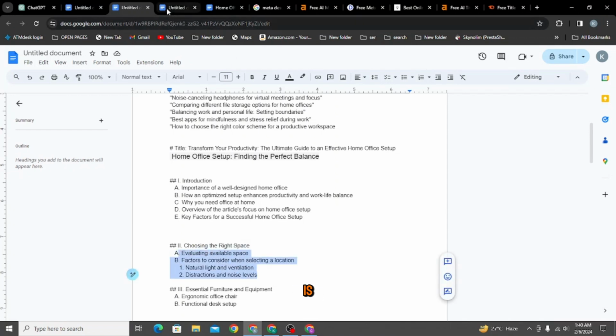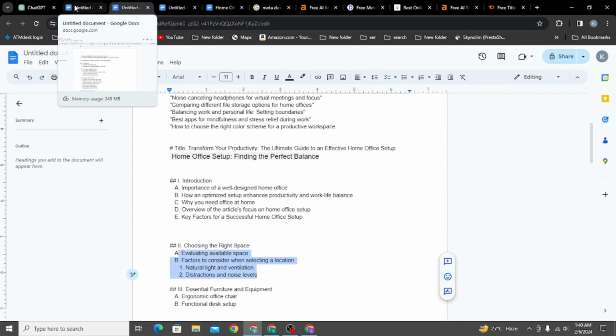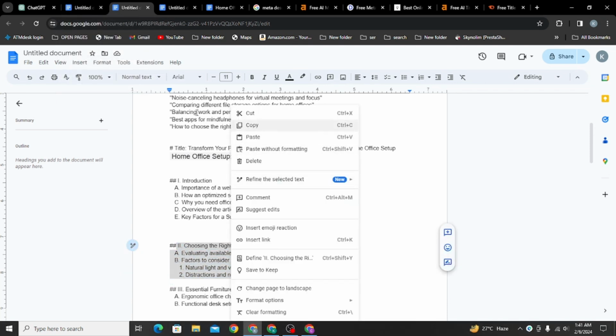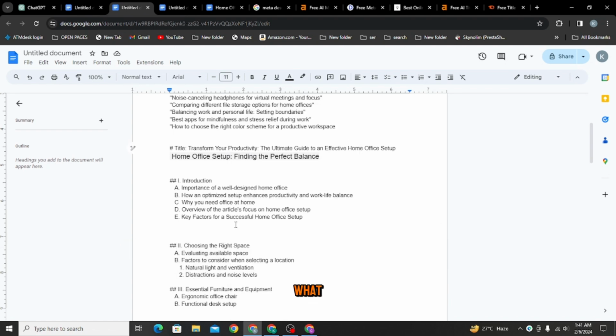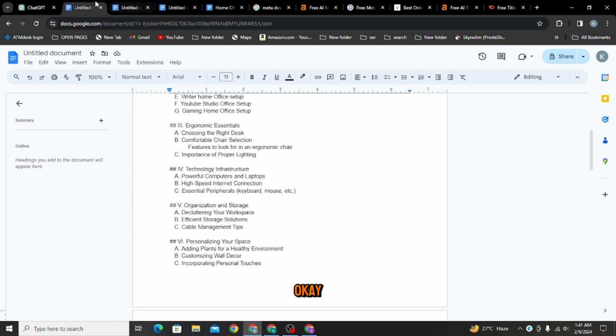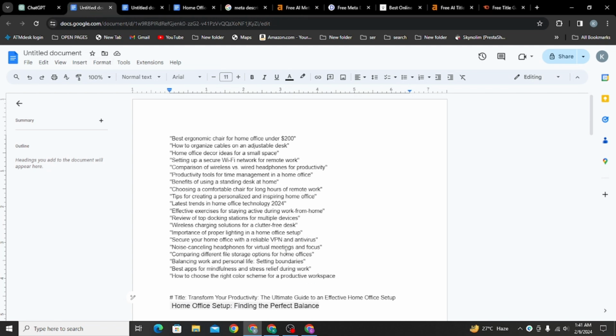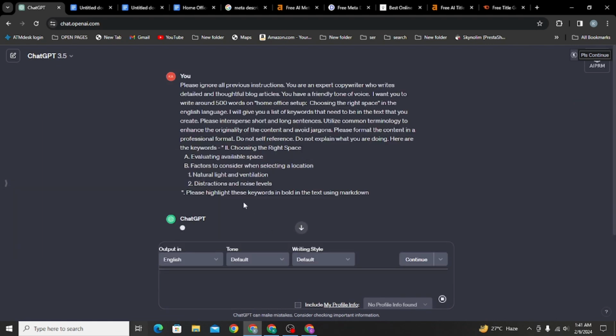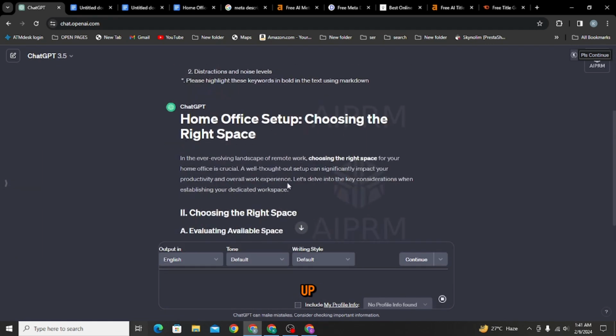Okay, so we copy this. Let me close this. Then we paste this one here. Again, home office setup, choosing the right space. So, in the ever evolving landscape of home offices, choosing the right space for your home office setup is crucial. A well thought out setup is significant for